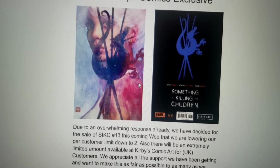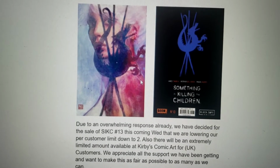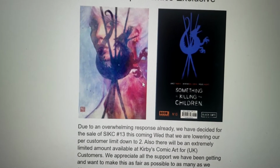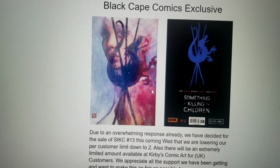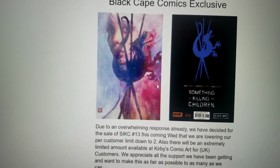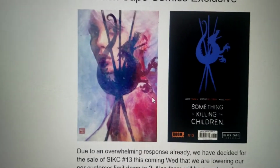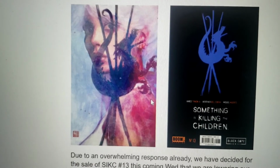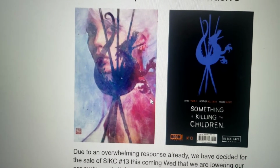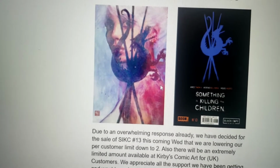So, if you guys want this one, I don't know how much it's going to cost, but I am going to go into this. They're only limiting 2 per person, you know, so per order. But that's a great spec to have, and I'm probably going to keep both of them. Probably going to keep both of them if I'm able to get them. All right, so I'll